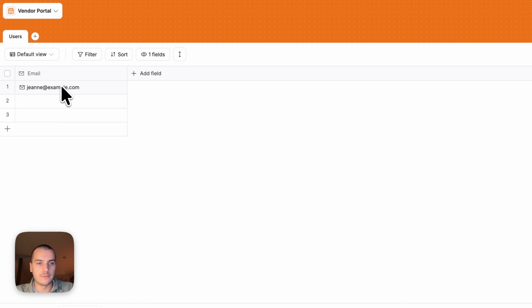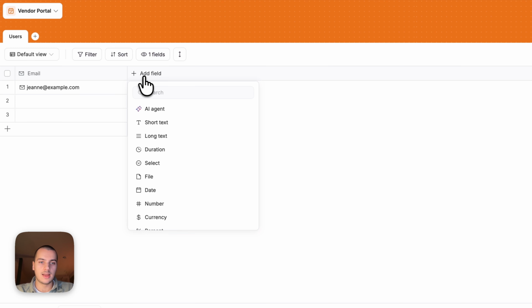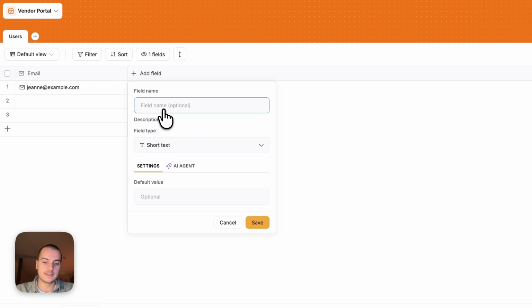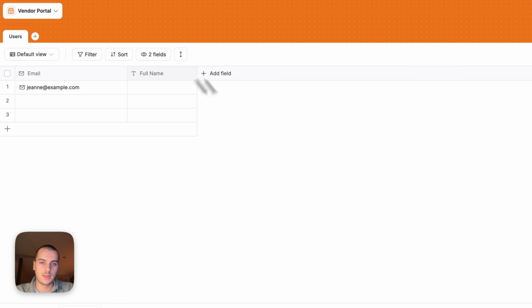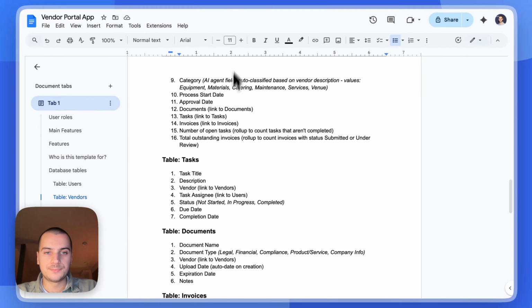And that's how we would have a first user with that email. I'll be adding another field that is a short text for, let's say, the full name. Perfect. And as we said here, we will have two user roles, and we will actually fit all our users within